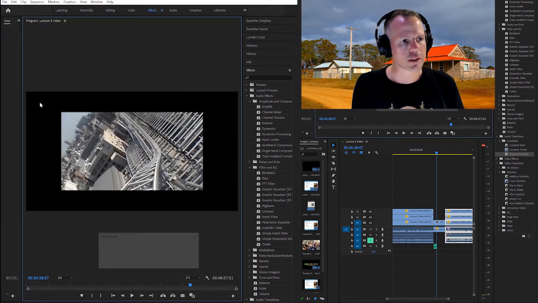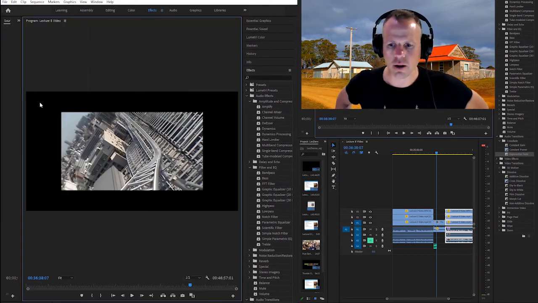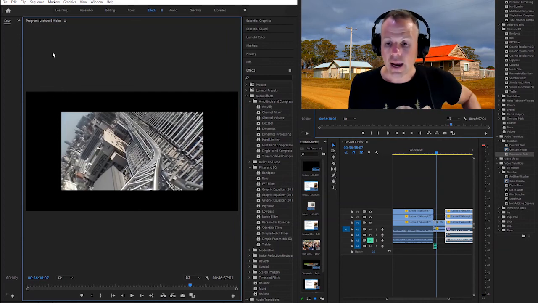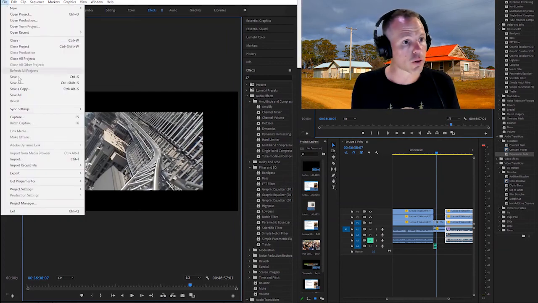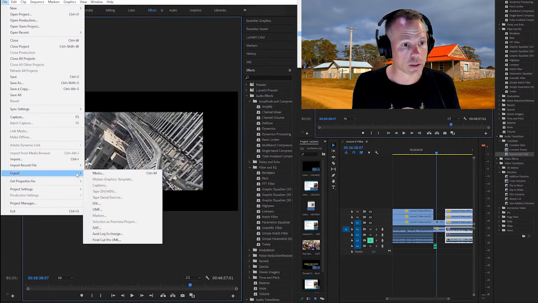You want to save your project at this point, because if something goes wrong, you don't want to have to come back and do it again. And so the last step here is to export. So if you go down to File, Export, Media,